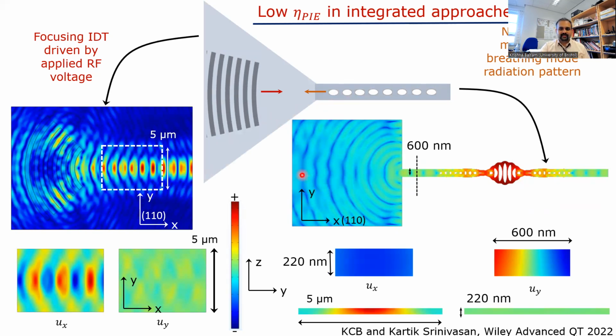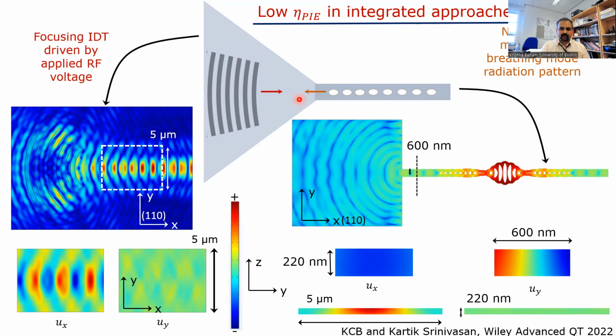To see why this is the issue, one natural way to imagine loading these cavities would be to take a focusing IDT and try and funnel sound into these cavities. But it turns out that these simple architectures don't really give you high efficiency. One way to see that is that you get a fundamental mode mismatch here. The nanobeam breathing modes, which are the ones you're interested in, have a fundamentally shear horizontal profile, whereas standard IDTs in materials like gallium arsenide usually provide a Lamb wave-like geometry. So you have this mode orthogonality that you're fighting against.